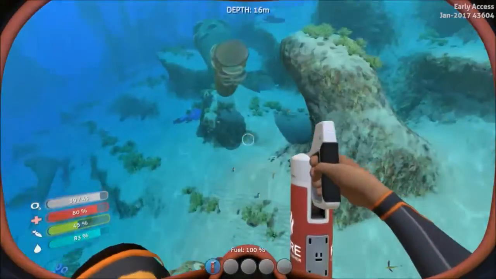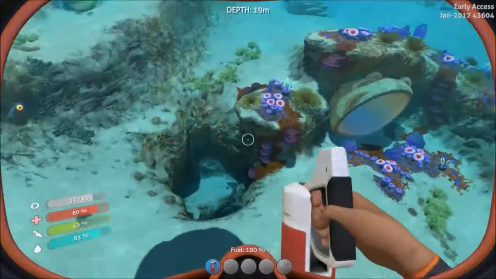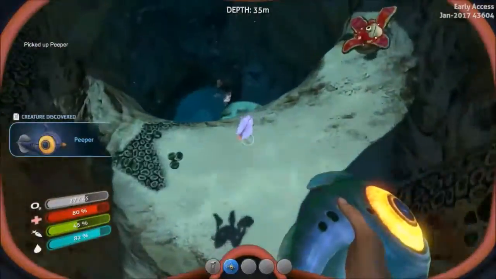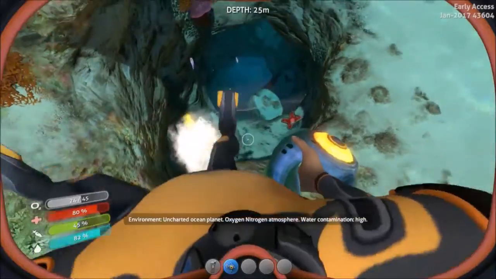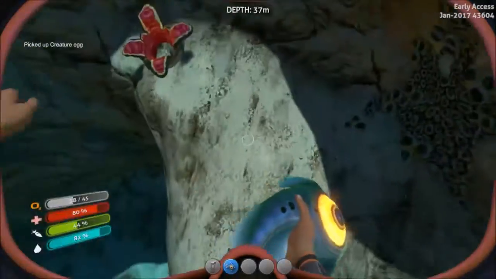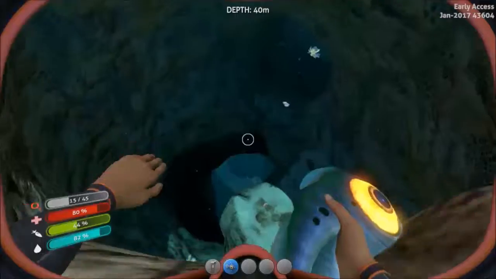Oh, this is an interesting start location. I am in pretty deep water, actually. So first things first. New creature discovered. Alright, so that right there is a crash fish. And you actually need crash fish